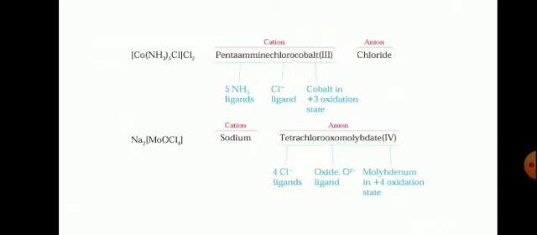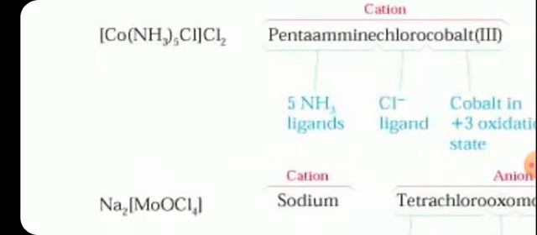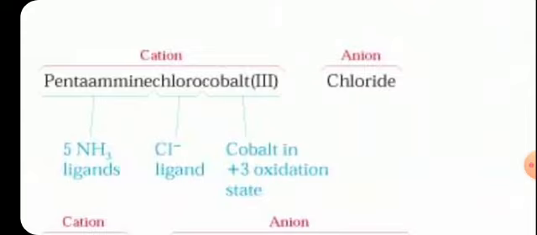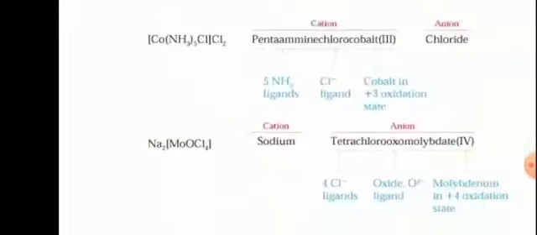In the second example, you have sodium and then you have the complex. So that means the complex is negative. It's an anionic complex. So you are supposed to name sodium first, that is the cation first, and then the complex ion. One thing you need to understand is while naming the ions present in the ionization sphere, you are not supposed to mention the number. In the first example, it will not be named as dichloride. Simply, it will be written as chloride. Or in the second example, it will not be disodium, it will be sodium.